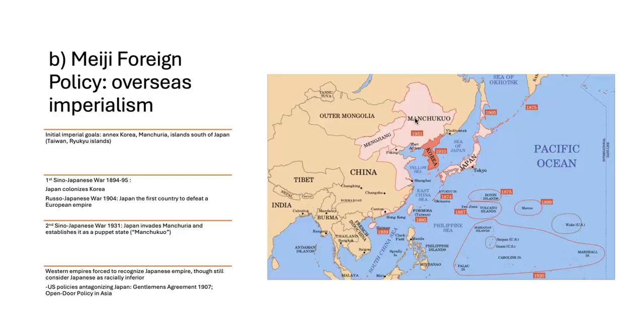So due to the defeat of the Russian Empire by Japan, this impressed other European empires. They were forced to acknowledge that Japan was now a major player on the world stage. And indeed, it made other Asian countries aware of the fact that they could possibly overcome European hegemony in the Pacific. That is to say, European domination. So other countries were impressed as well. They, quote unquote, woke up with this victory.